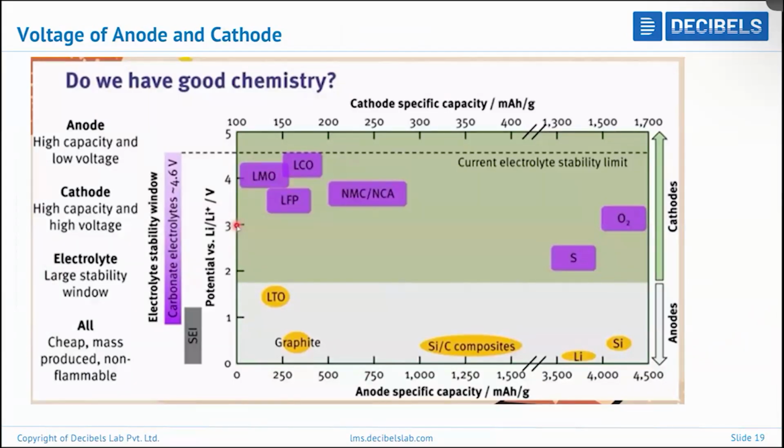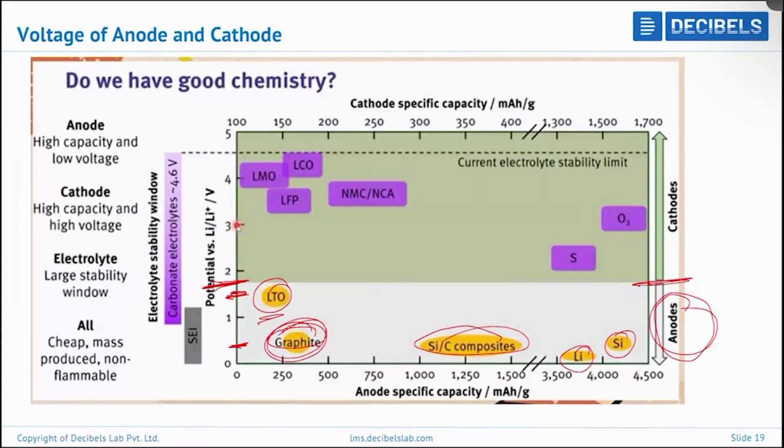So this is about the voltage of the battery cell, the EMF. Based on voltage, if any material's voltage is below 2 or 1.9 volts, it is considered an anode. Even lithium titanium oxide, LTO, is around 1.6 to 1.4, and graphite is around 0.6. Silicon-carbon composite, lithium metal, and silicon metal also have potentials below 1.9 volts. They can all be used as anode in lithium-ion battery chemistry, but only graphite and LTO are currently commercialized